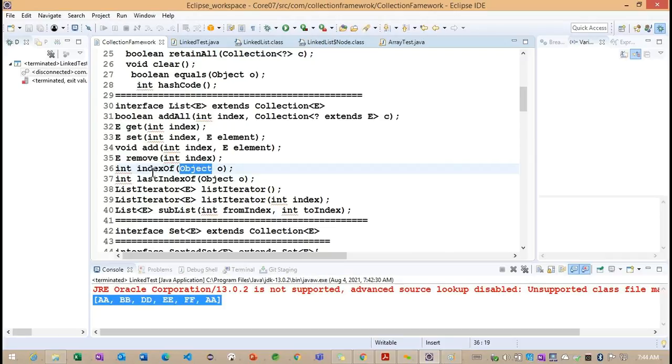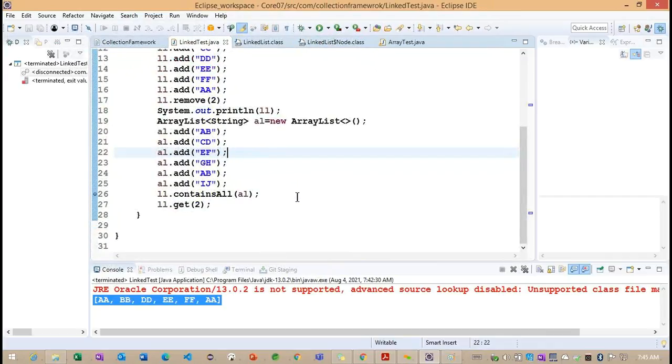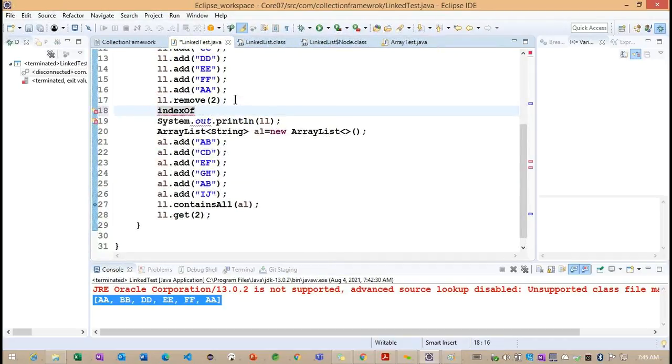So whenever we are providing the index of here, we'll see. The index of method we already identified. Internally it is checking for the node iteration. Okay, we'll understand one more time. If you see, most of the methods we are having use the internal link here.